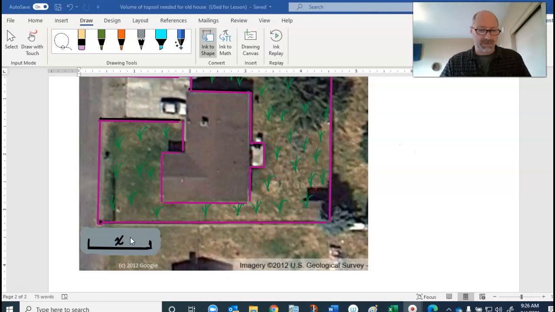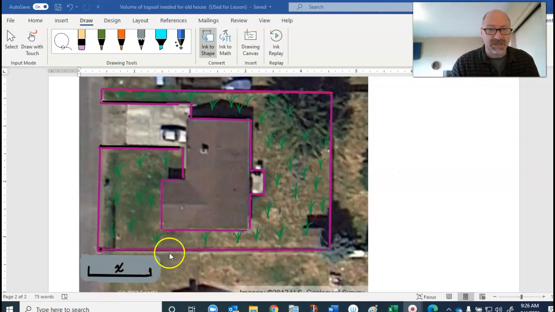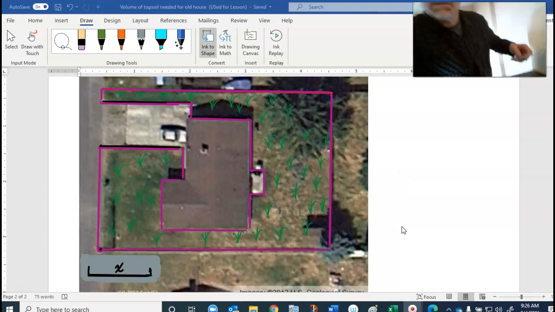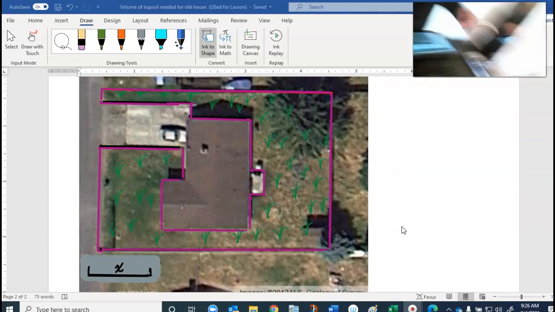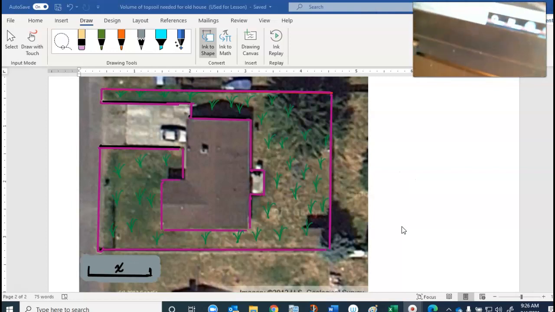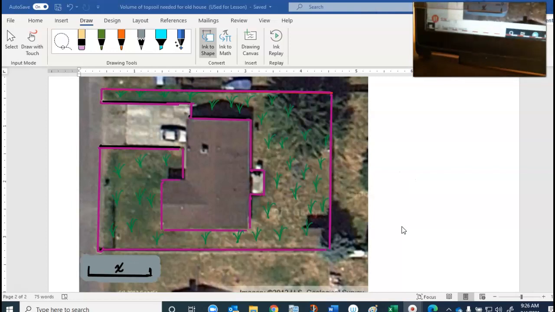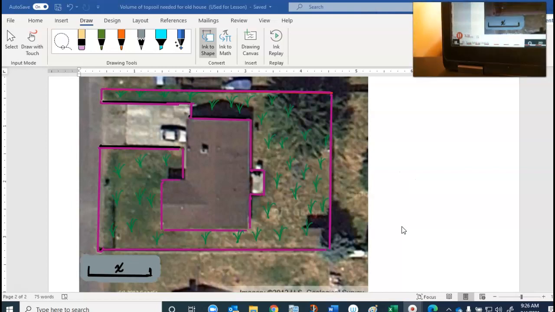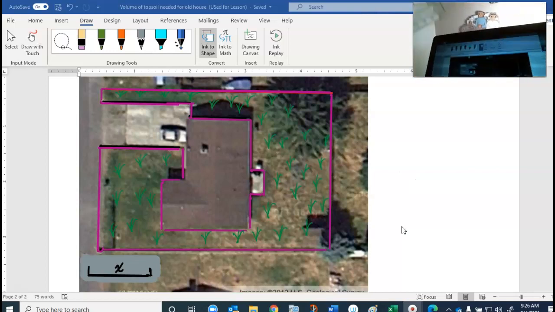So what I'm going to do on my measurement, I'm going to take my ruler, and I'm going to keep it this size. Let me make sure that this all fits in my screen. I'm going to take my ruler, and I'm going to measure this in inches. It doesn't really come out to be a nice number of inches. So I'm going to change. I'm going to say, well, what would that be in